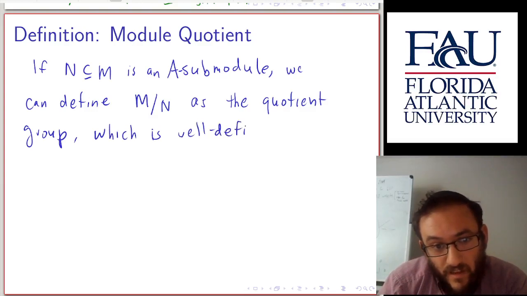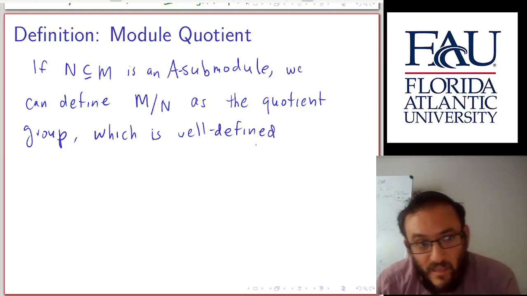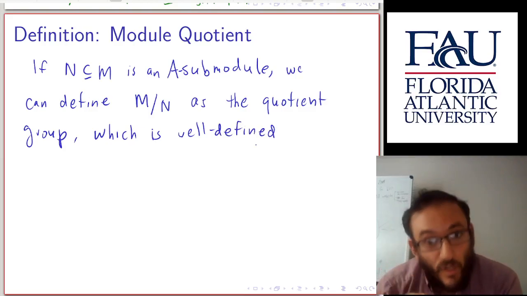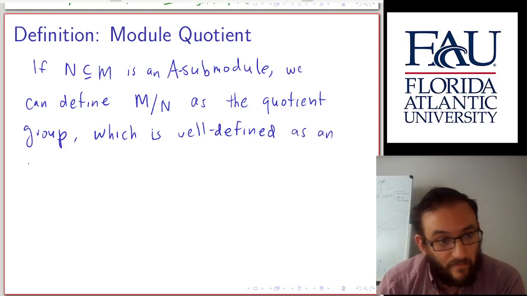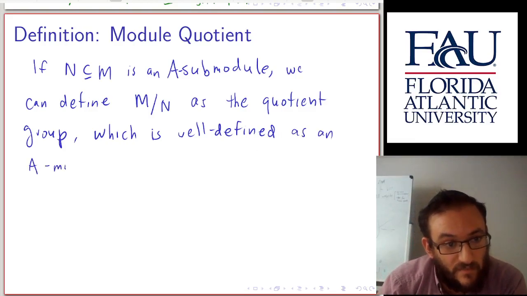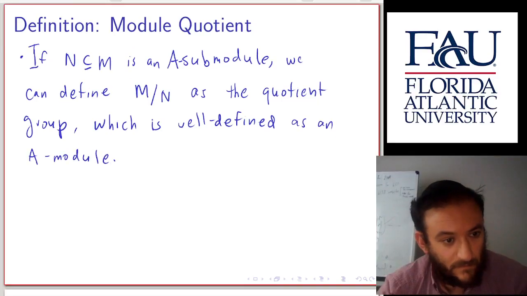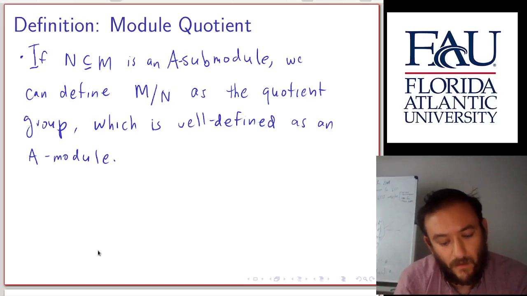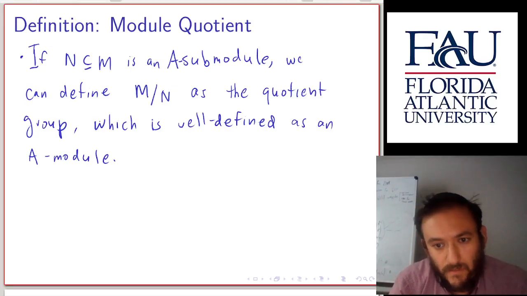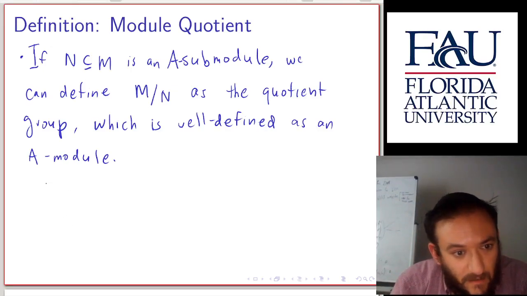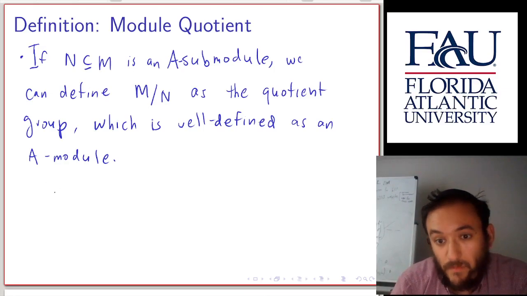And the reason it's well defined as an A module is because we restricted submodules to be closed under A multiplication. So let me justify this claim. And to justify that this is well defined, we want to show that if we take two representatives of cosets,